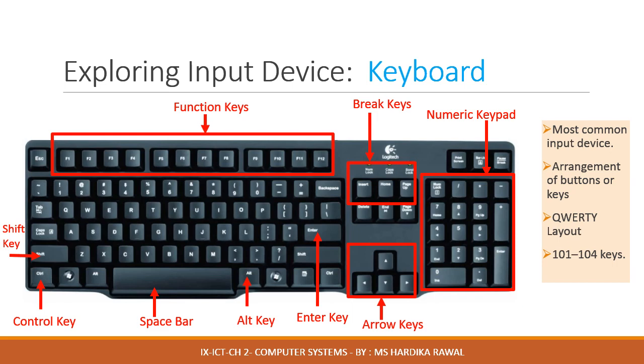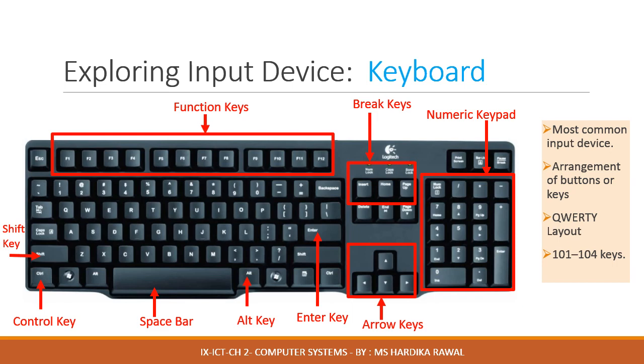The characteristics of a standard keyboard are that it looks like a traditional typewriter with a QWERTY keypad. A keyboard typically has 101 to 104 keys. The letter keys allow you to enter any alphabet from A to Z and other signs used in the English language. The number keys are found on the top row above the alphabet keys. Special arithmetic signs can also be entered through these keys.